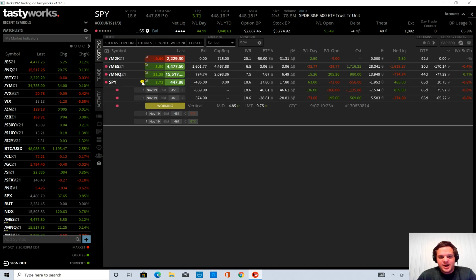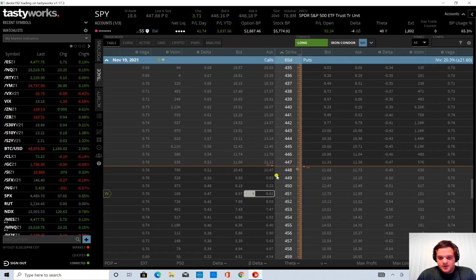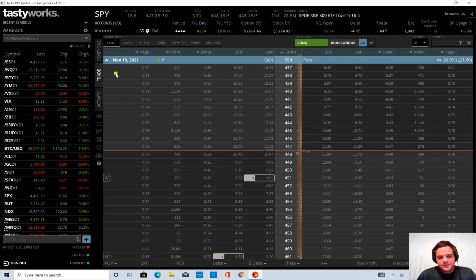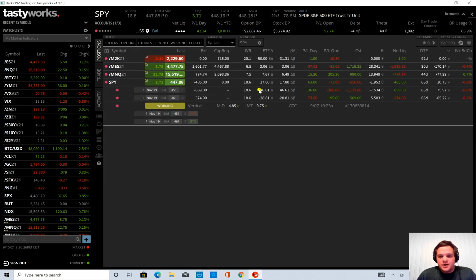So if we go back to the position tab here, we can see the 451 long call. This triangle is the delta symbol. So the 451 call here has a delta of 46.6. And if we go back in here, we can see that it's 0.47. So this delta here is multiplied by 100, so that's your true delta. Meaning for every dollar SPY goes up, this 451 call will increase by 46 cents in the